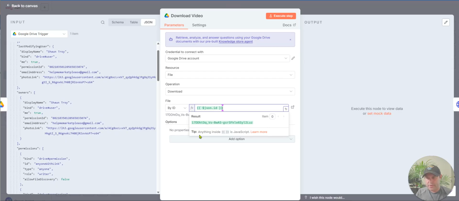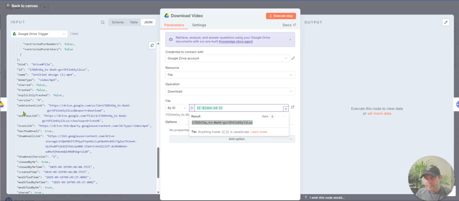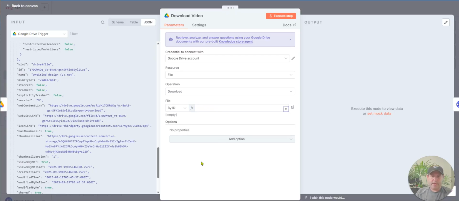So let's say you broke it, and let's look for the ID on this one. The result we're looking for is this, right? So we scroll down and we see ID right there. So let's go ahead and delete this, and let's say you broke it. See how it's black? So let's say you don't know what you did, you broke it, and something's missing, or